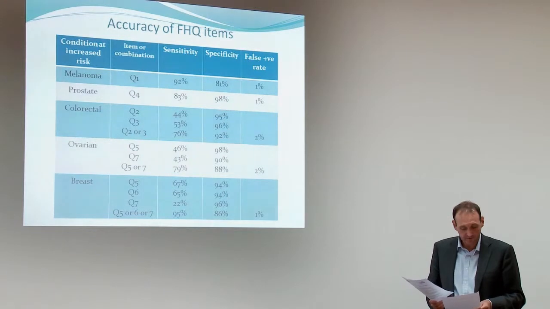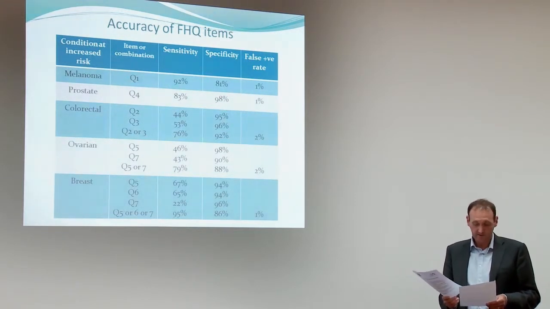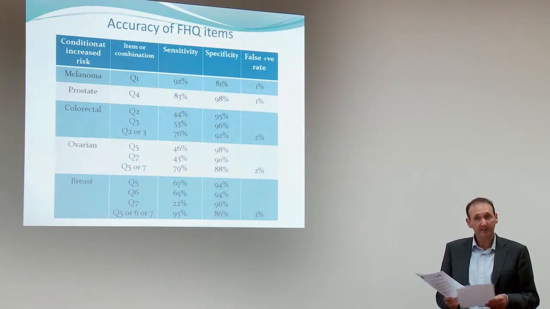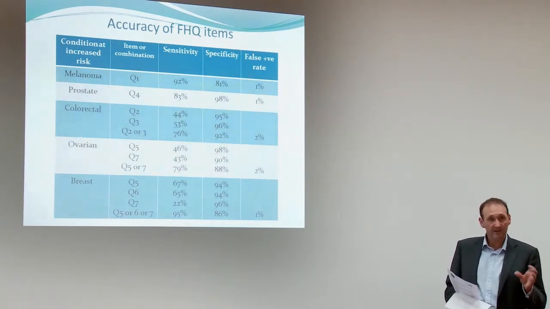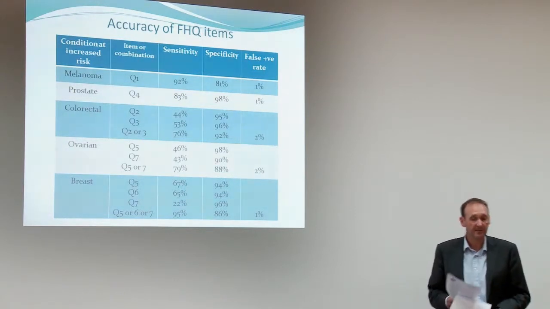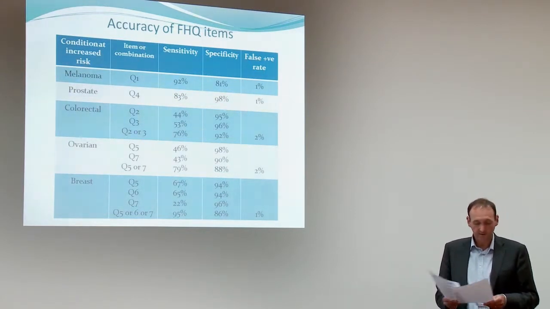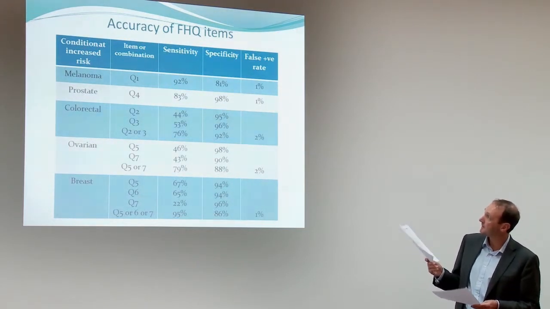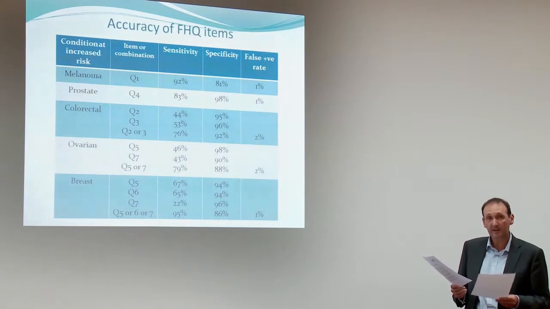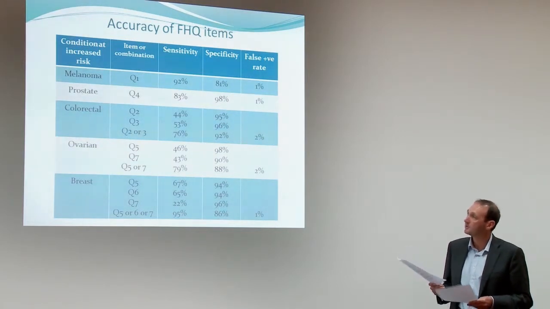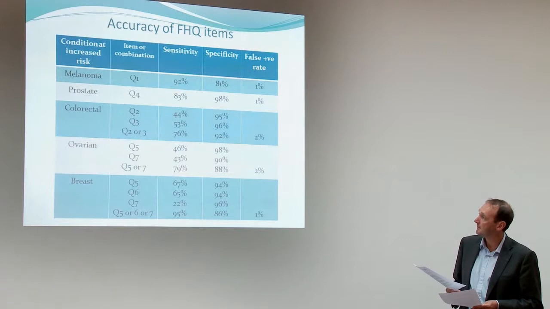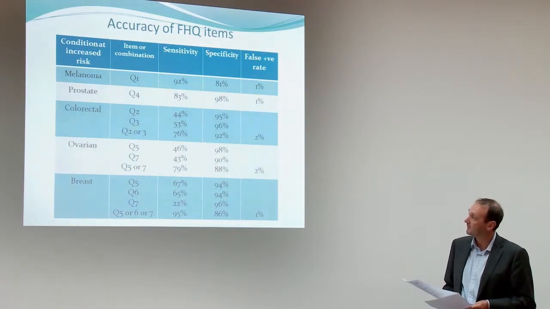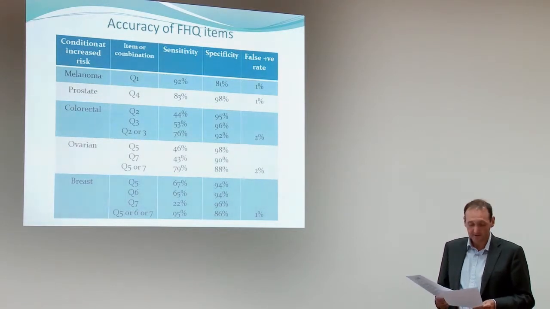So question 5, which is, have you any close female relatives had ovarian cancer? Question 7, which was actually a question around breast cancer, but of course the combinations of breast and ovarian cancer are very significant. And so separately 46 and 98 and 43 and 90%, but combined as 2 screening questions for ovarian cancer, then you up the sensitivity without major loss of specificity.